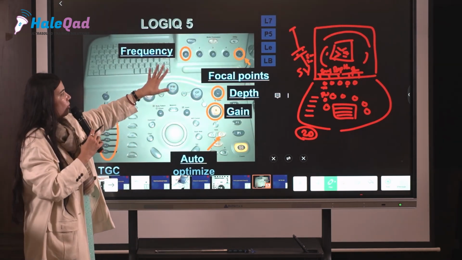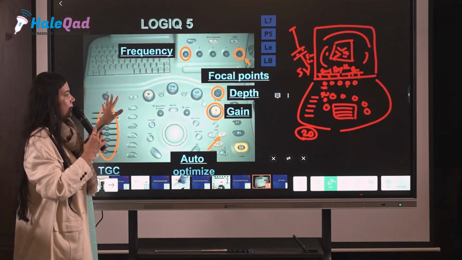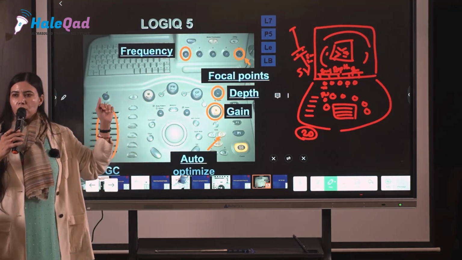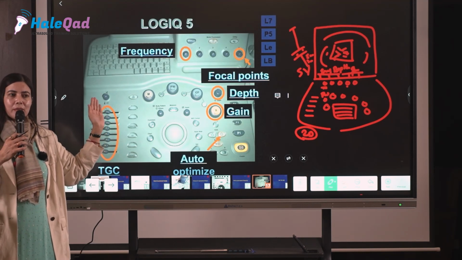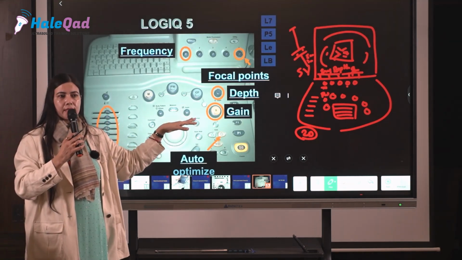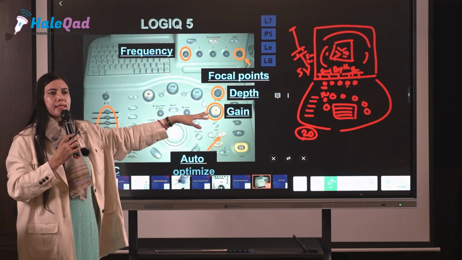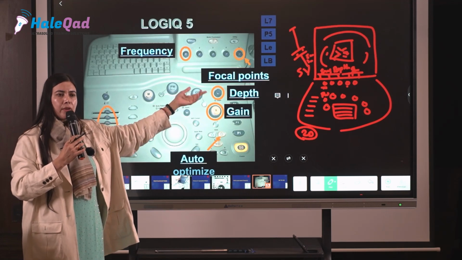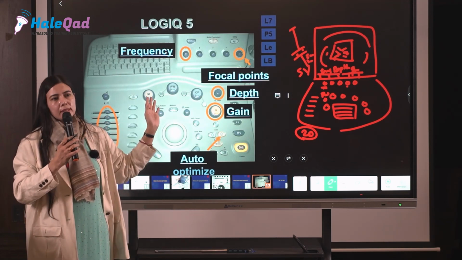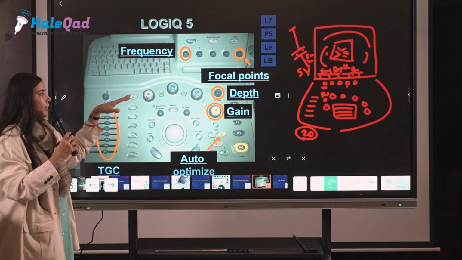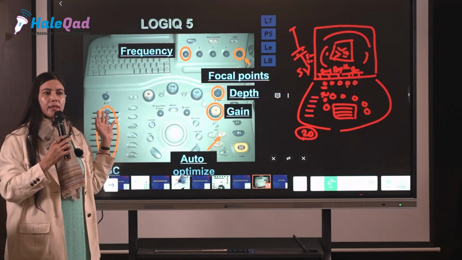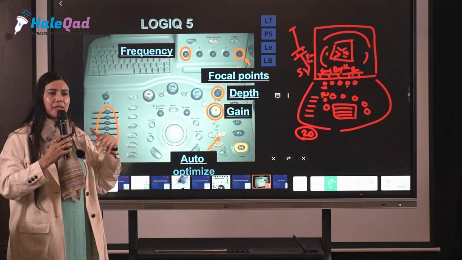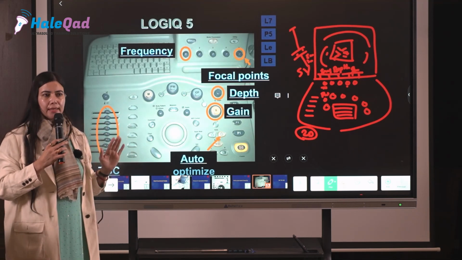by default, what the machine has done, when you call your engineer to set up your machine, the engineer will come and do different types of presets for gynae scans, different presets for OB scans, and a different one for your abdominal scans. And they go as per frequency, which we discussed. Whatever frequency you are interested in, there is a preset for that. The machine is set like that by default.